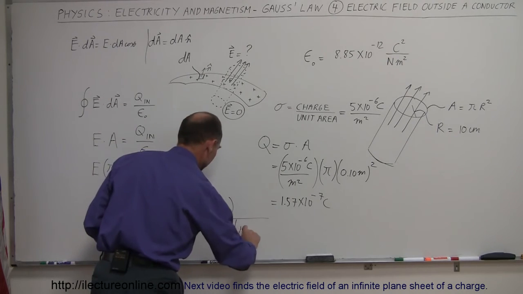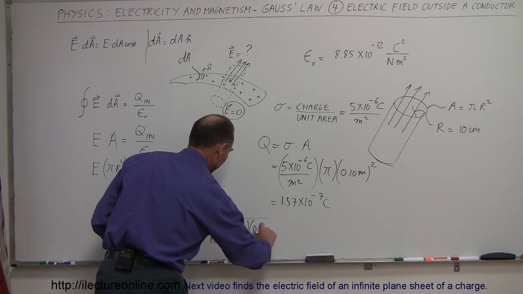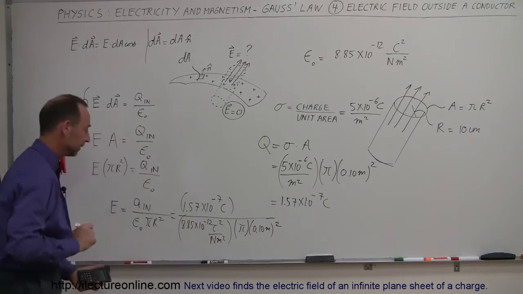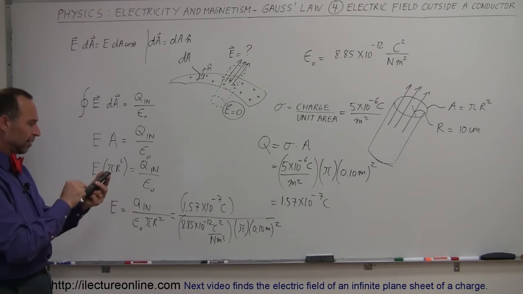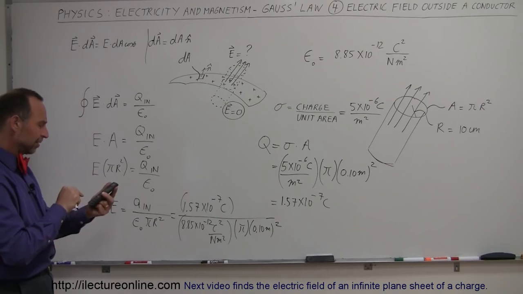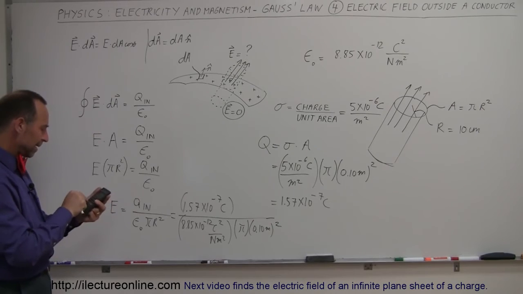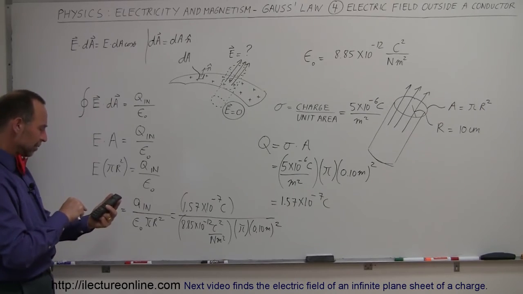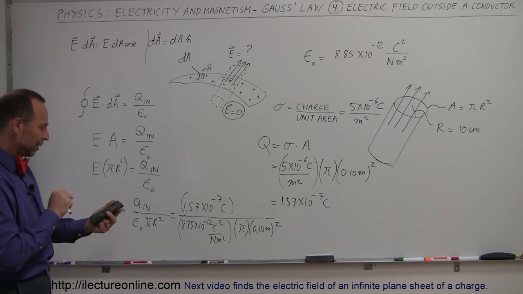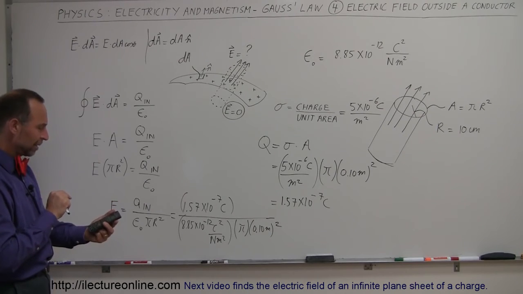Then we have pi, and the radius, again, 0.10 meters, and that is squared right there. And so let's divide that by 8.85e to the minus 12, and then divide that by pi. Let's see, where's my pi? There we go. And divide it by 0.01, and we get, wow, that's quite large,